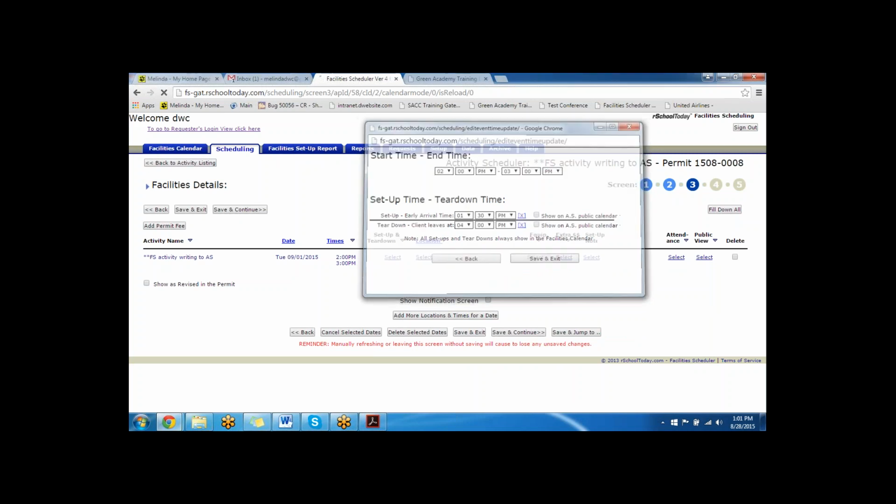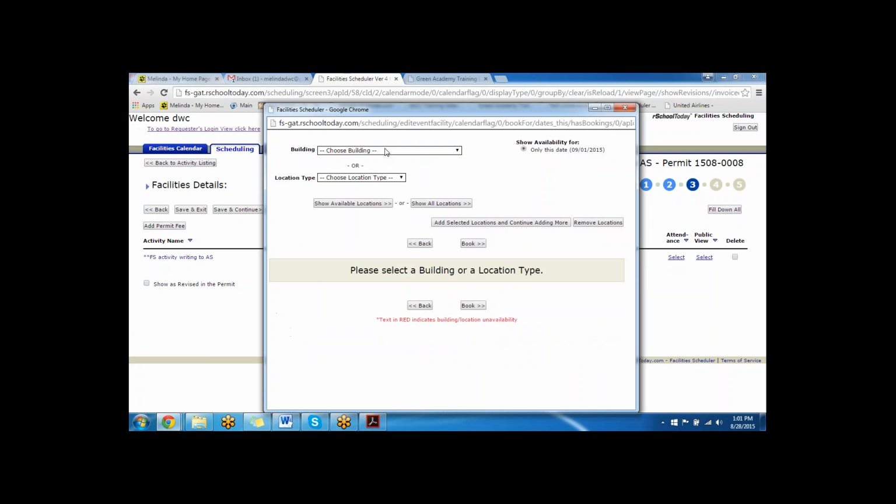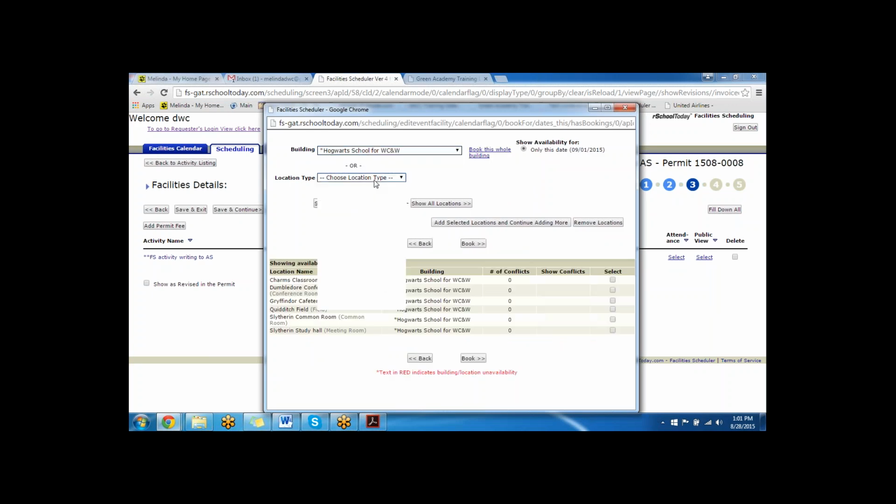So then I'm going to hit save and exit for setup and teardown, and then I'm going to select my location. So I'm going to choose my building, and then I'll choose my location type, or I can simply show all available locations or show all locations. If one of the locations had some sort of conflict, when I select all locations, it'll show me a number here for the conflicts that it has, and it won't give me the select button. Okay, since I have no conflicts in any of them, I'm just going to select the first one